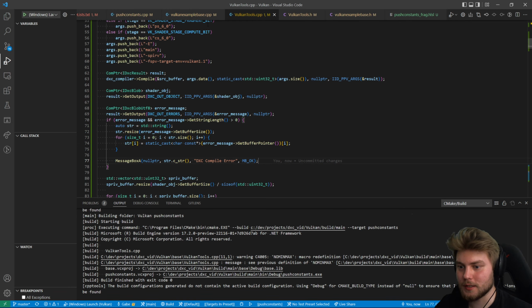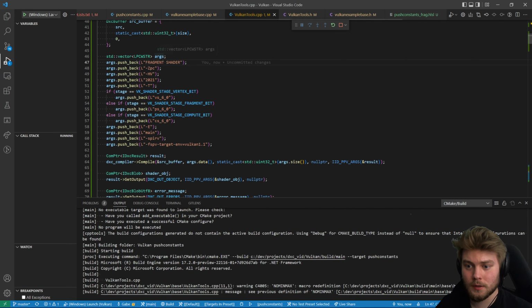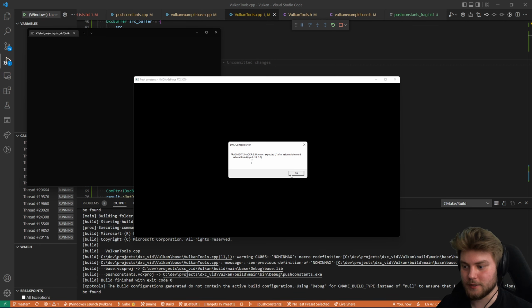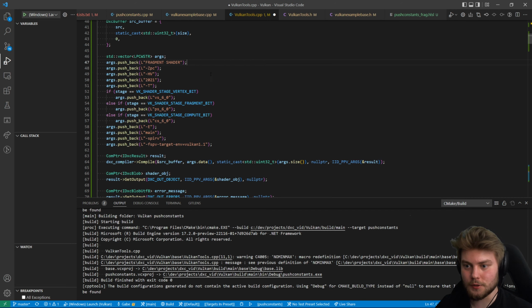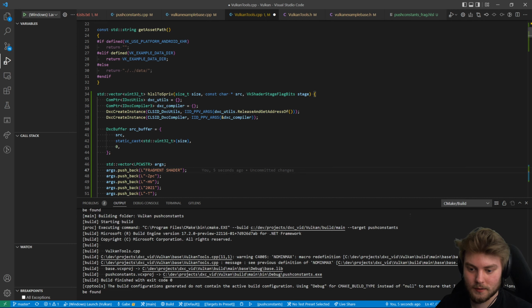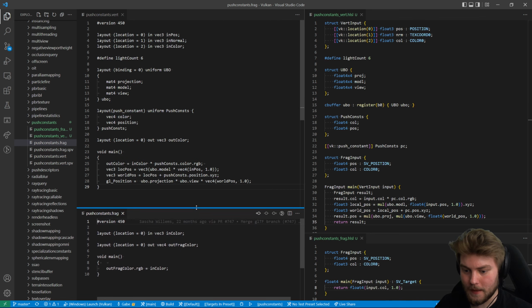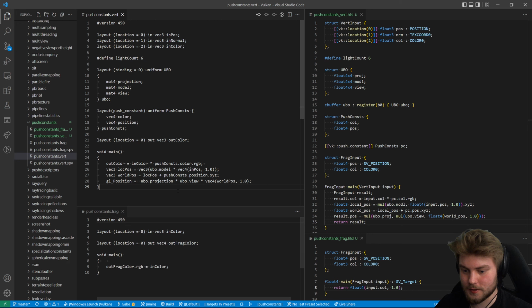In order to get the real file name, what we would need to do is specify to the args just the exact file name. So we would say push_back L, whatever we want. So maybe we say this is our fragment shader. And if I press F5 now, what we'll see is that it comes from the fragment shader. So I'll leave it as an exercise to you all to pass the HLSL file name through to this function so that it can correctly specify it in the arguments, and also convert it yourselves to a wide string, just like the arguments require. And finally, what we'll do is we'll go through and convert these existing GLSL shaders into